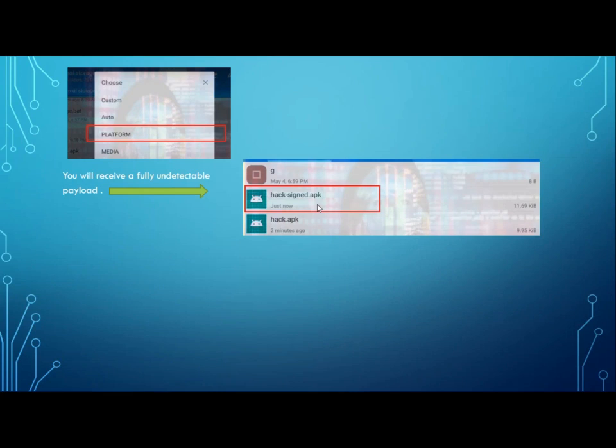FING is a super fast network scanner. It discovers all the devices that are connected over the Wi-Fi, it can map devices, it can detect intruders, and it can assess network security risks automatically.